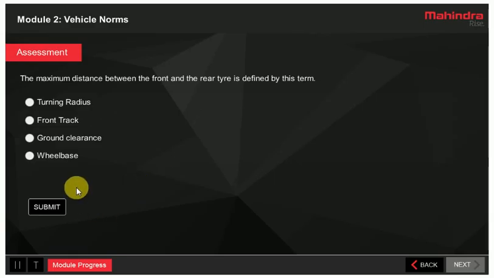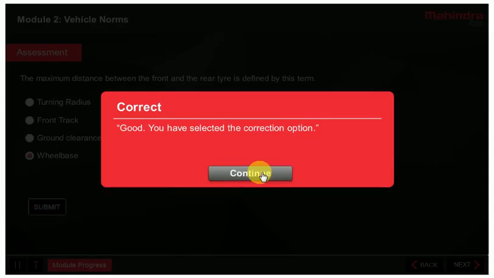You have completely gone through this section on vehicle norms. Now, please take